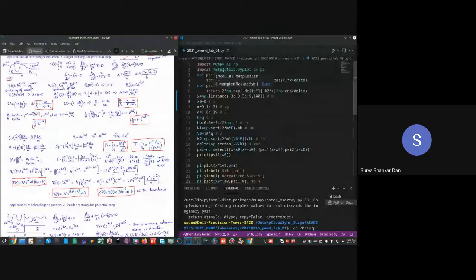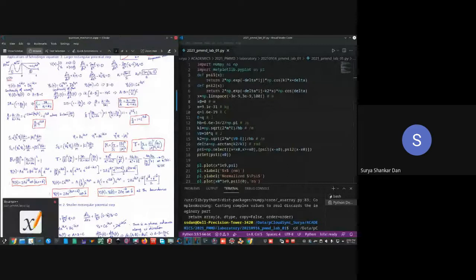This is a very basic introduction to Python, if you can call it. But Python here also means scientific Python, that is numerical Python, Matplotlib. Later on in the course, when we are dealing with more complicated problems, we will go to SciPy also. Let me illustrate a couple of things.